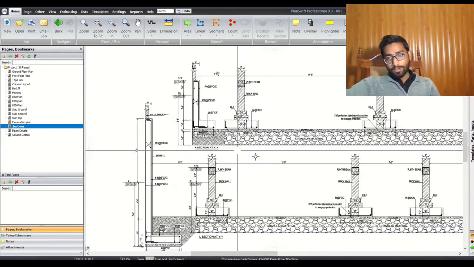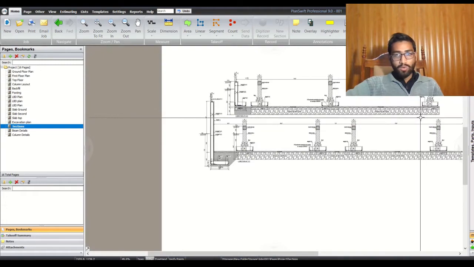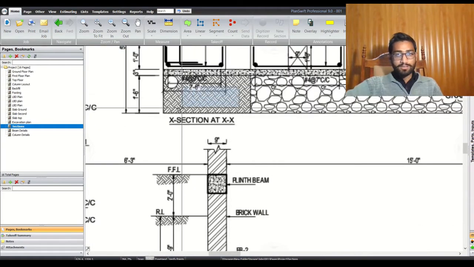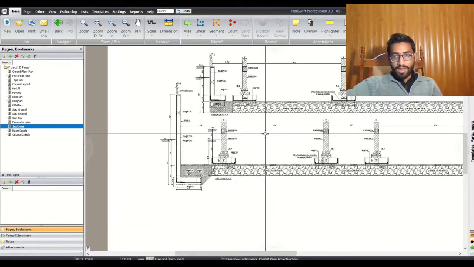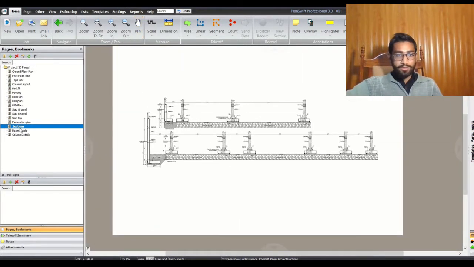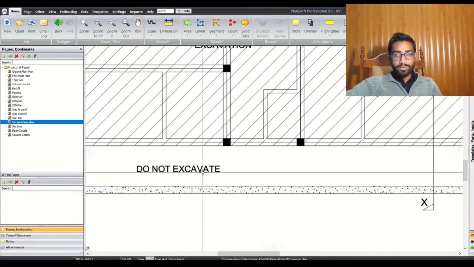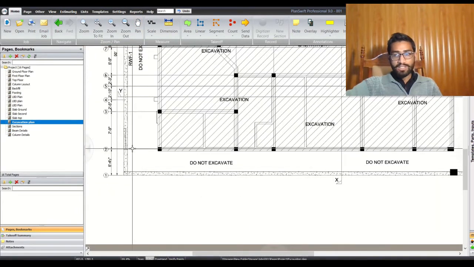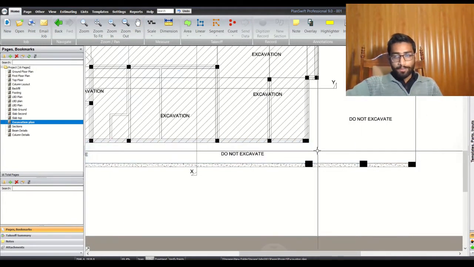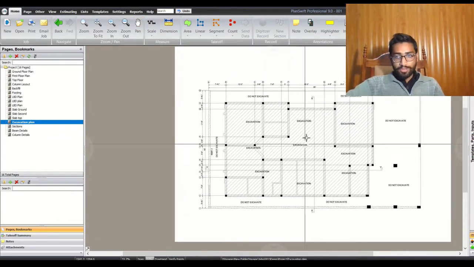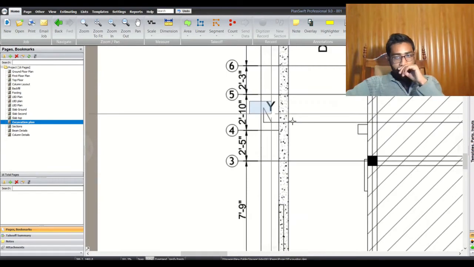Although we will excavate it 5 to 6 inches down, we are going to backfill it with earth material. In the other portion we will put granular material, while here we will put earth. So we are backfilling here with earth. If I go back to my excavation plan, it shows do not excavate, but we need to excavate 5 foot 6 inches in the area which will be included in the retaining wall.